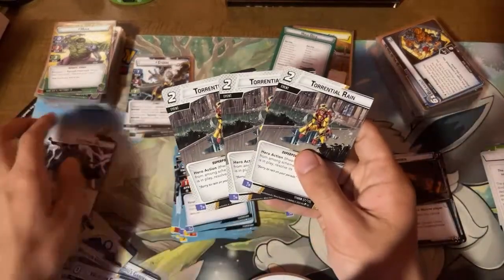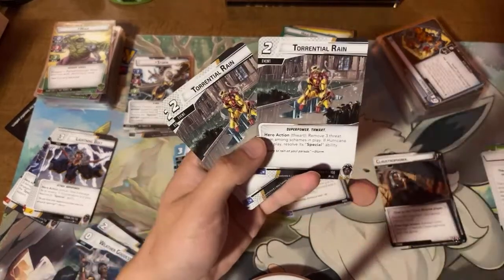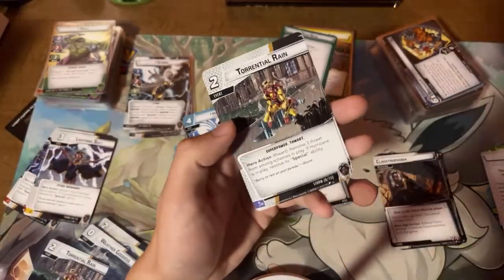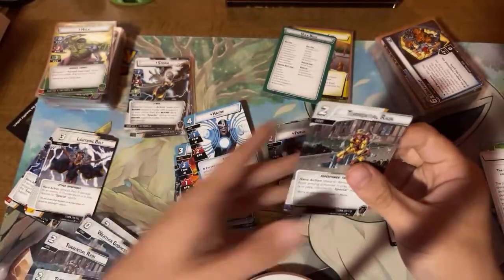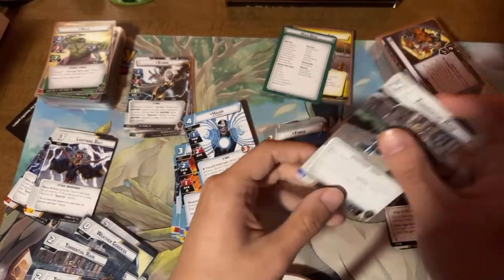3 Torrential Rain. I was expecting that. Anyways, it is a superpower thwart. Oh, they're all superpowers. Ooh, Death Focus. Torrential Rain, 2 cost event. Remove 3 threat from schemes in play. If Hurricane's in play, resolve its special ability. So that's what it's going to be: if a given weather is in play, resolve its corresponding special. Except for probably Clear Skies, but...